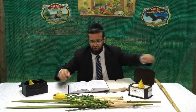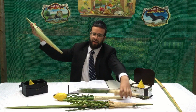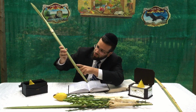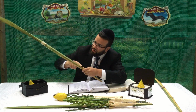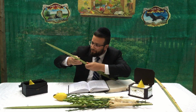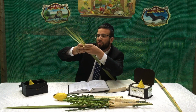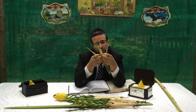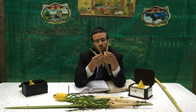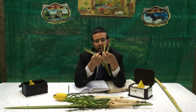I'll show you on another lulav, just so you have another sense of how we find the tiomes. Again, you're looking for the shedra. The shedra is the spine, the back of the lulav. It's the flat, shiny piece, and if you keep following it all the way up until the top, until it starts to break, then you start looking. Start splitting the leaves, one and one, one and one, one and one, one and one, and here you have